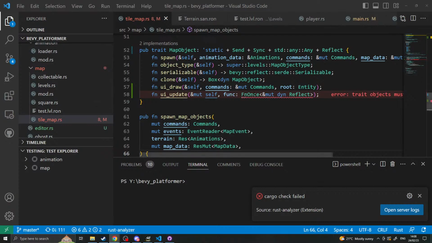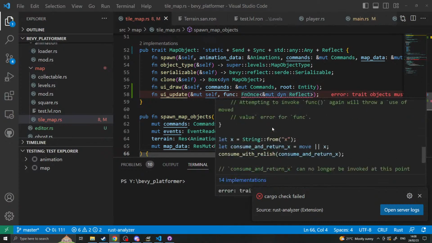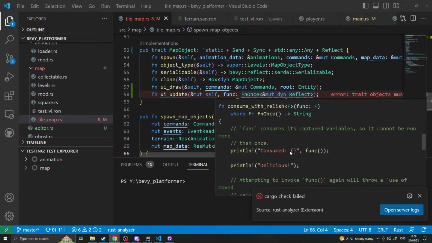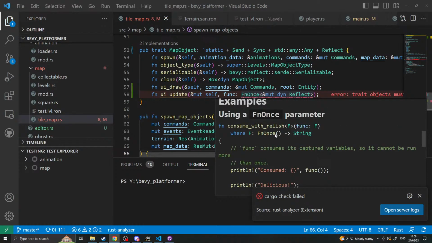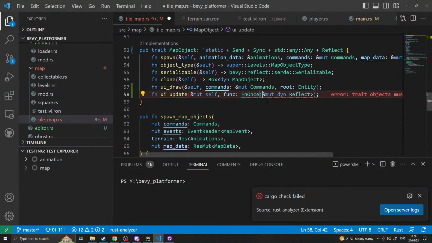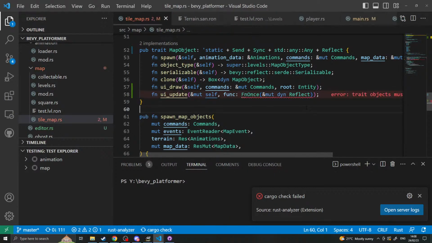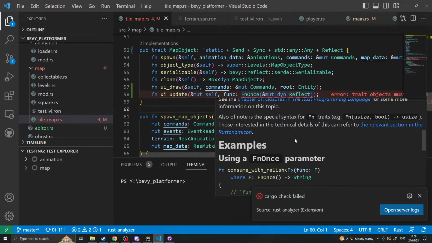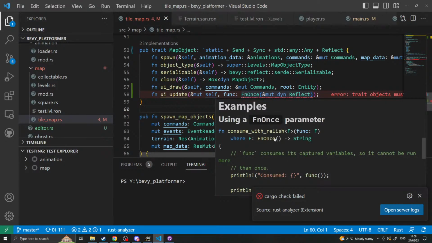Just need an example of how I can do an FnOnce. Where F implements FnOnce. Is it this then? Does it have special? No. Function where F, okay, so